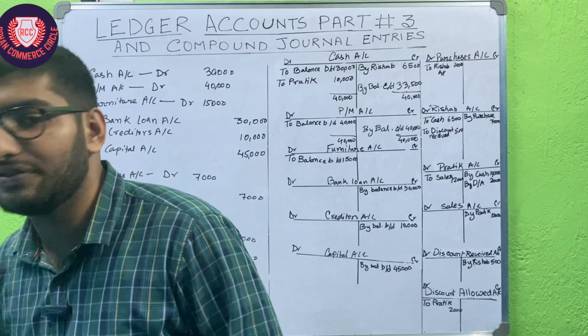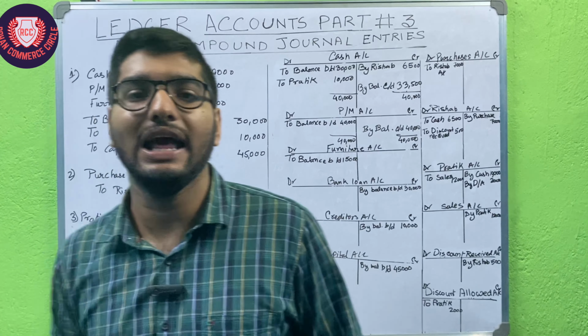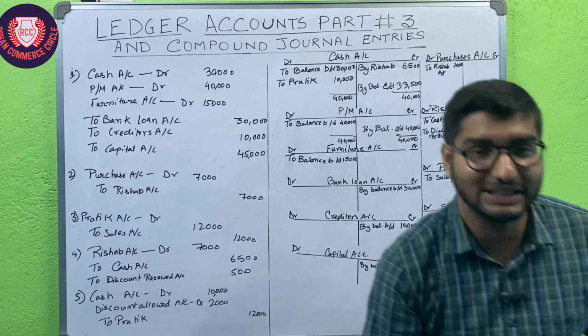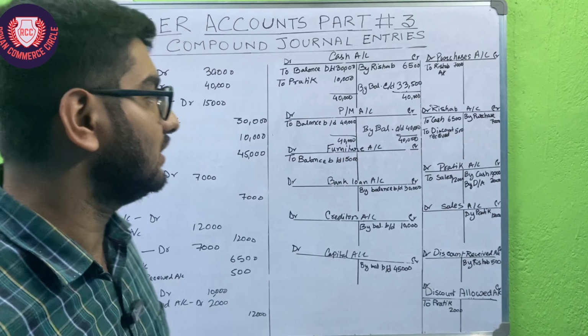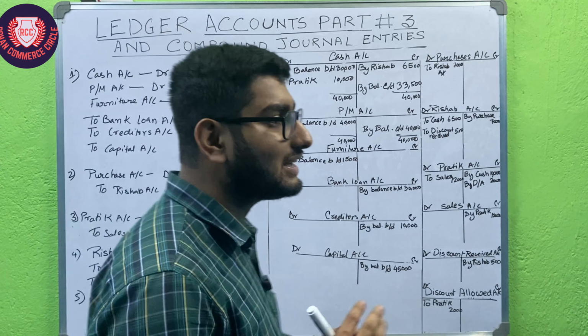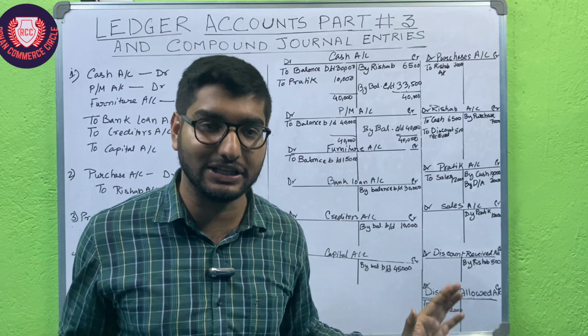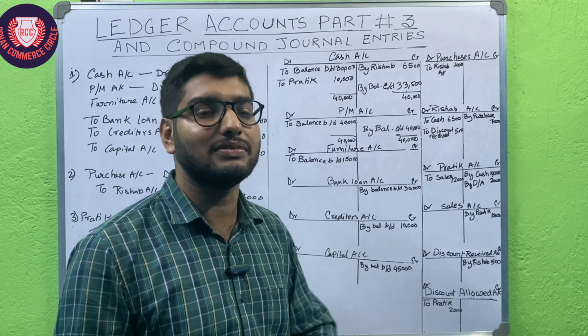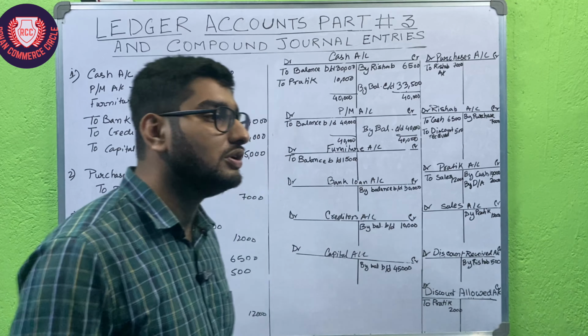This is the same way you have to total it, and I hope the ledger is clear to you. The ledger is very important, so that you could post it in a ledger. Now the journal is clear, the compound entries are clear to you in case of journal, and this is the ledger, so the ledger is also clear. I have shown you all the ledger accounts very clearly, so that you don't have any doubt in ledger.